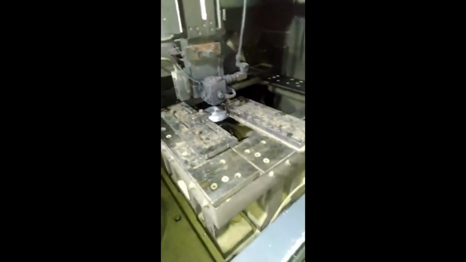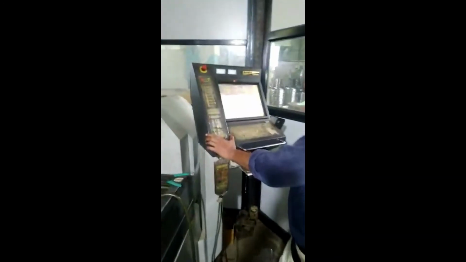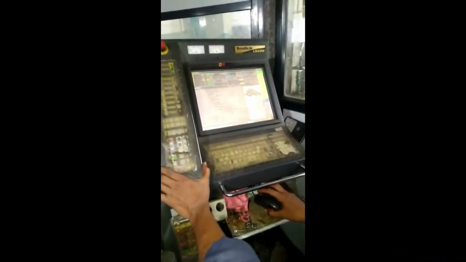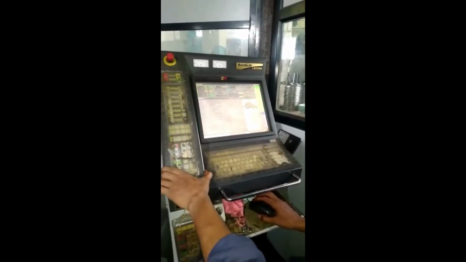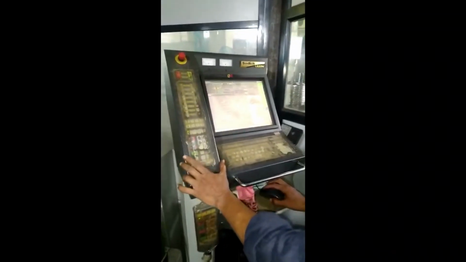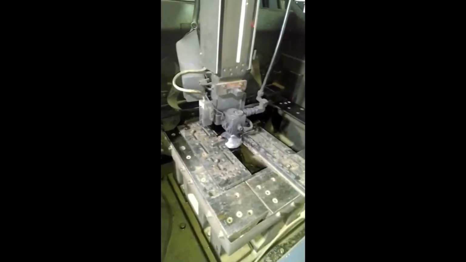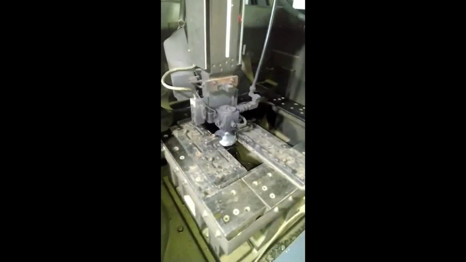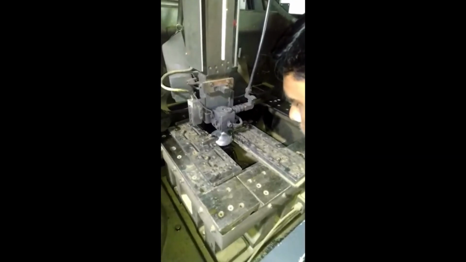According to whatever positioning commands we gave at the initial stage, the machine moves to that reference position. Then afterwards we run the program according to which component we want to manufacture over that machine. According to that, we call the program and start the program. As a first step, the wire comes to the center of that hole, and then the actual machining is started. All of you observe this.